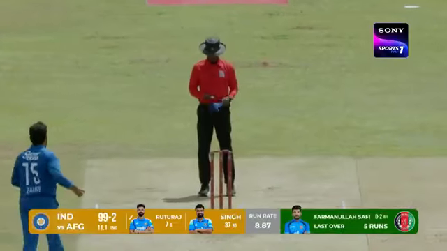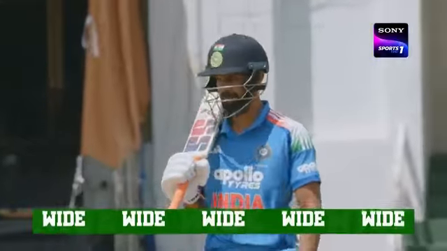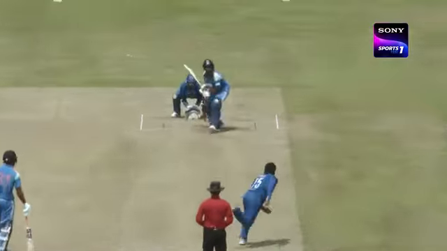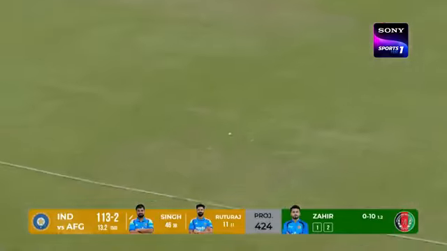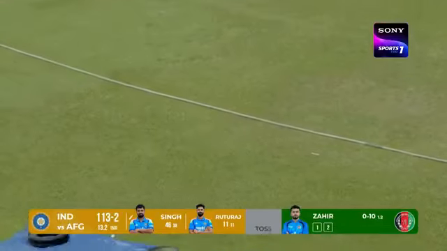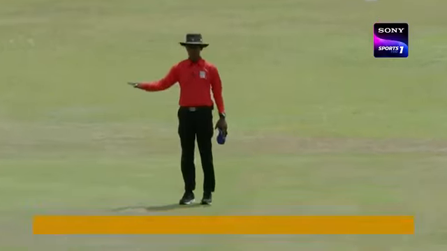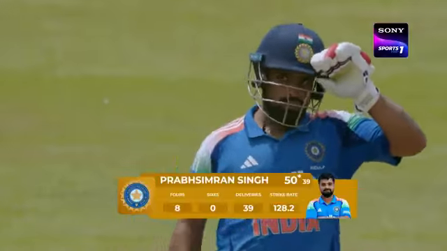The 100 is on the board for India. A lovely shot. Lovely shot. What a handsome way to get his half century. And Prabsimran Singh is on a major role here.